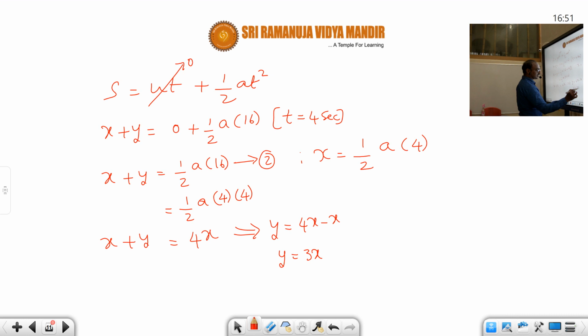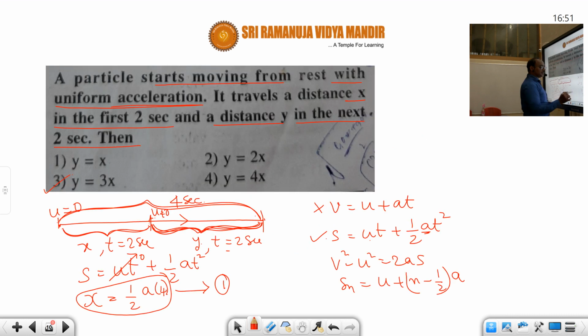Okay students, now we will discuss another form of the third equation. There are 4 equations, and we are discussing the third and fourth equations. We are going to learn another form of the third equation and the importance of the fourth equation in this class. So look here.